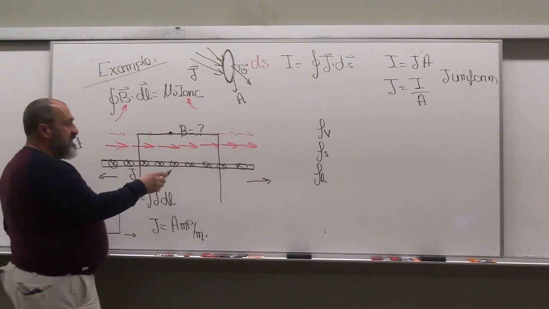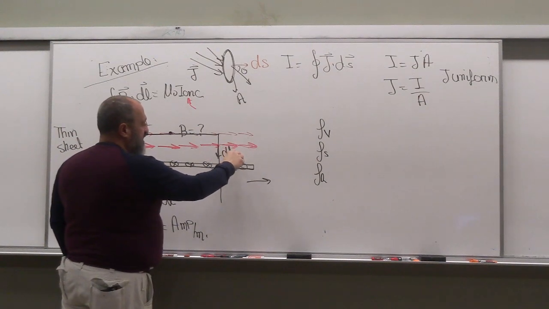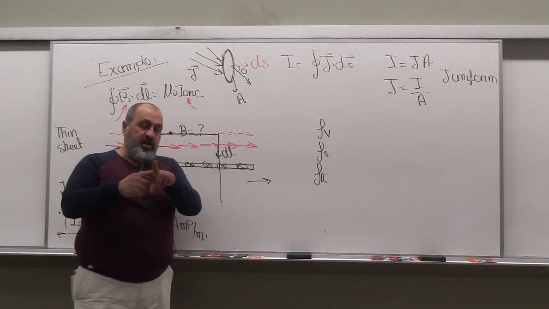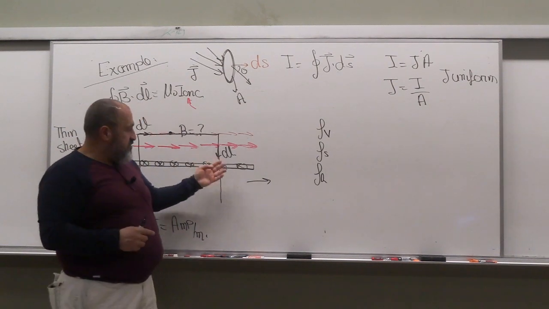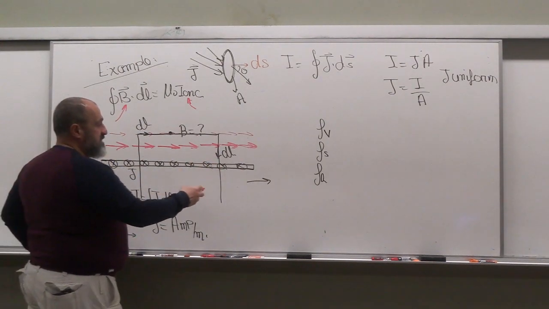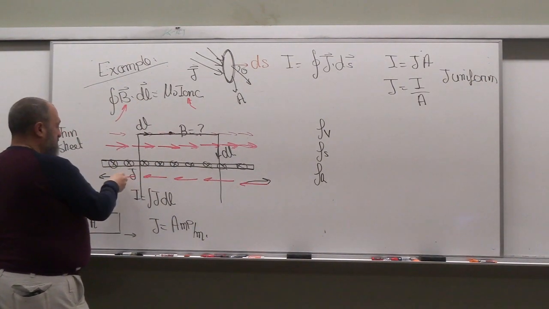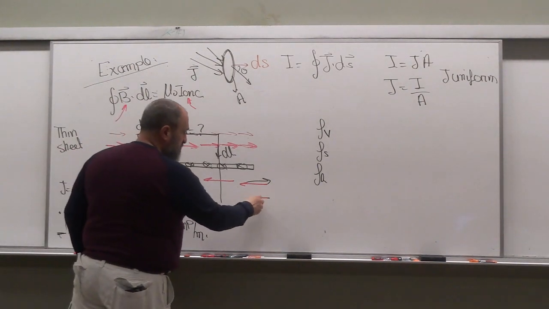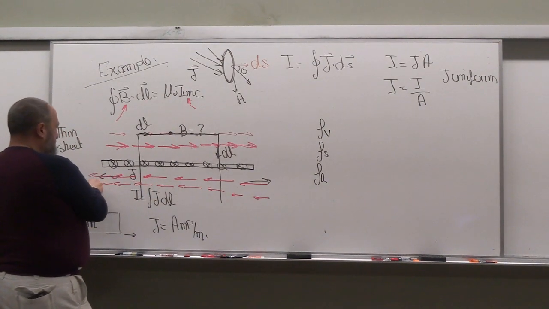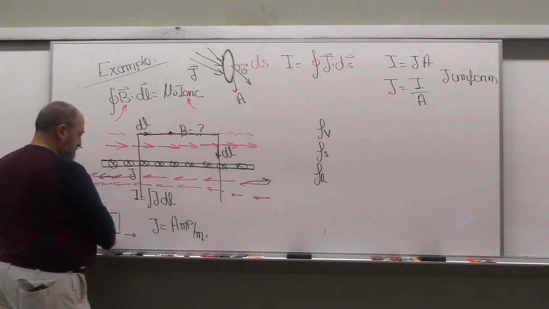But we don't care, because while dl points this way, parallel to the field here, dl is going to be perpendicular to the field here. And we said that the requirements for symmetry are that B be either parallel or perpendicular to the element of length that we choose. This makes our life easy because B dot dl is 0 here. And down below, the field looks like maybe something like this. Stronger, maybe, closer to the sheet, we don't know. We'll find out soon enough. But we know that at least if we pick a loop that is symmetric above and below, then the field here